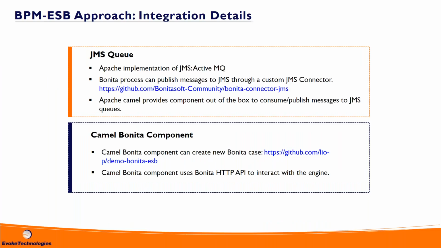So obviously when we talk about ESB, one of the key components would be exchanging the messages between the endpoints during the data transformation phases, and one of the scalable components that is commonly known as a JMS queue. So in the solution, we have used what is popularly known as ActiveMQ as a messaging queue. And from the Bonita perspective, it provides a custom JMS connector which is available in the community, and the URL is presented for the public